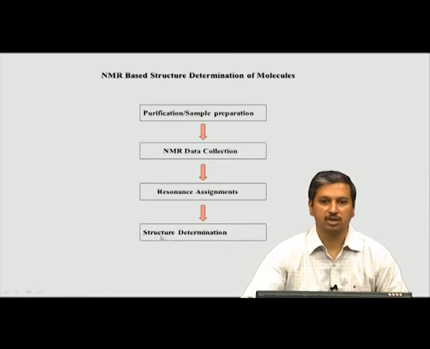What is meant here is the complete 3-dimensional structural information, and that comes from the very important experiment called NOESY or ROESY, because remember we saw that each peak in a ROESY or a NOESY spectrum gives the information of the distance between atoms. And what is a 3-dimensional structure? It is nothing but the distance information between different atoms in 3-dimensional space that we are looking for. So, that is what is meant by structure determination. So, these are basically the steps involved in going from sample to structure by NMR.